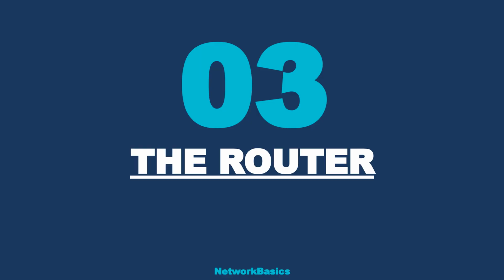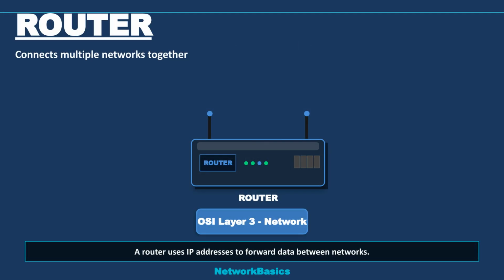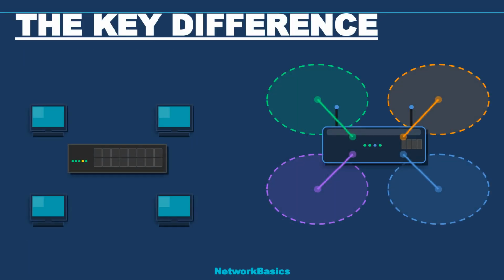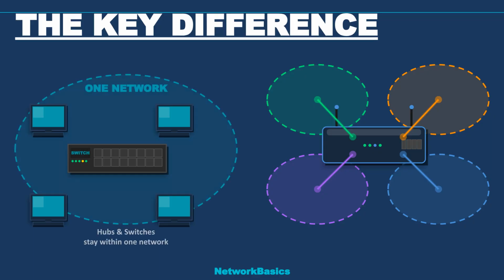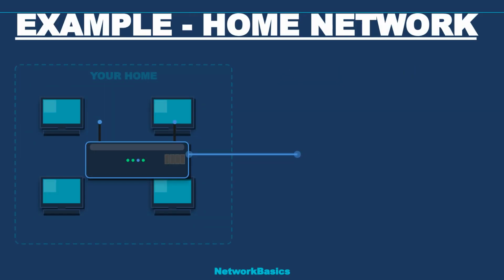So now let's move on to the router. A router is a device that connects multiple networks together and forwards data between them. It operates at OSI layer 3. This is the key difference. Hubs and switches work within a single network. Routers connect different networks. So the most common example is your home router, which connects your home network to the